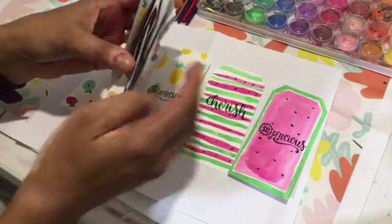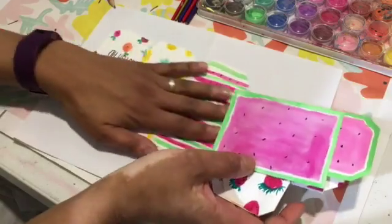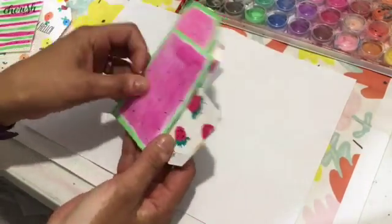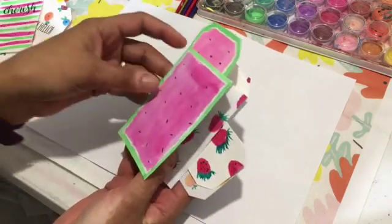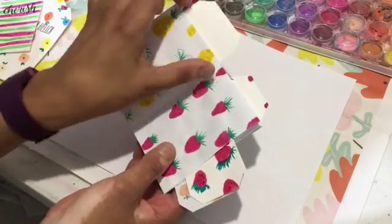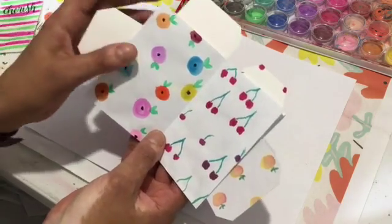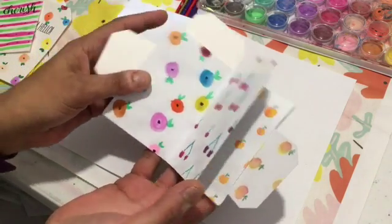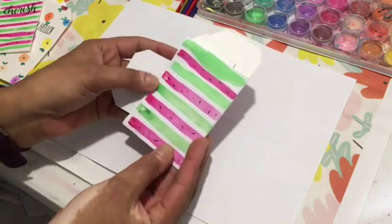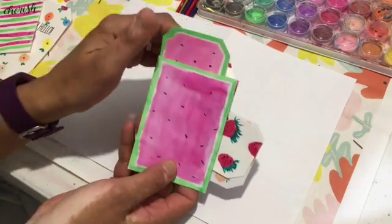All right, so these are called zines. It looks like this. It's made out of one piece of paper, and you fold it a certain way, and we'll do that next. And out of that you get 8 little pieces here that you can journal on or art on or whatever you choose to do. So this is what I chose to do with it, and I'm just so in love with these little books. I think they're a great